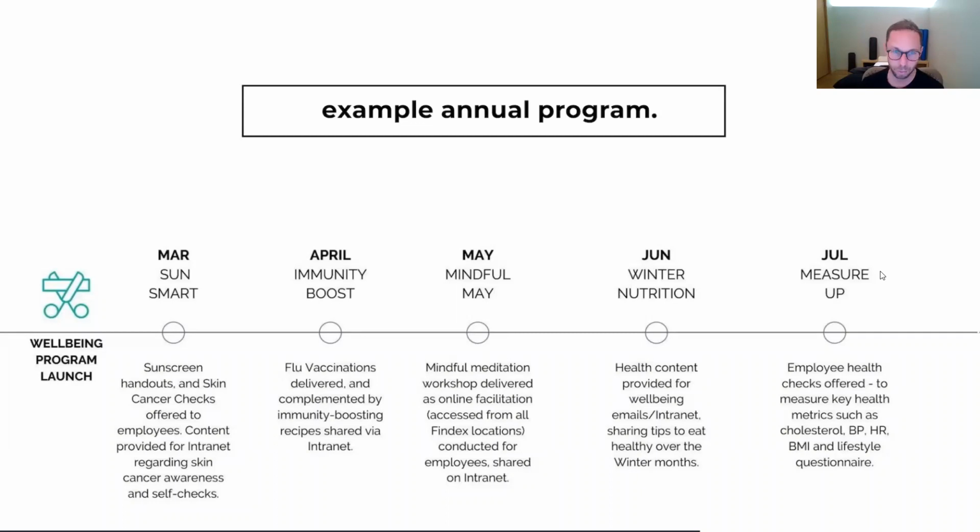What about Men's Health Week? What about Women's Health Week, etc., etc. So we certainly understand, what we do for a living is work with stakeholders to map out wellbeing programs. We don't just do skin cancer checks. So we're not just trying to crowbar skin cancer checks into your program,